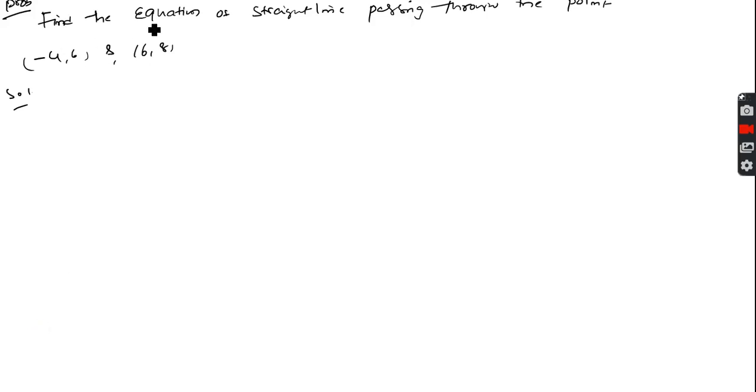So here the question is, we find the equation of straight line passing through the points (-4, 6) and (6, 8). So this is a straight line and it is passing through x1, y1 and next it is passing through x2, y2. We find this equation. So the formula is the equation of straight line